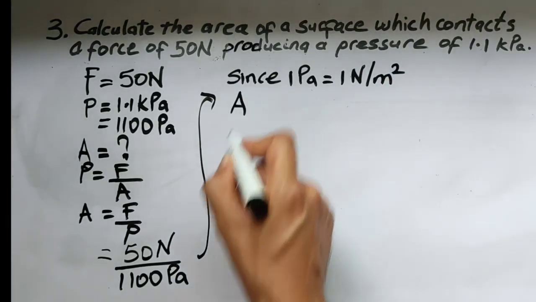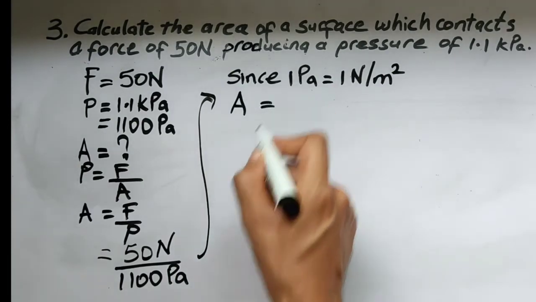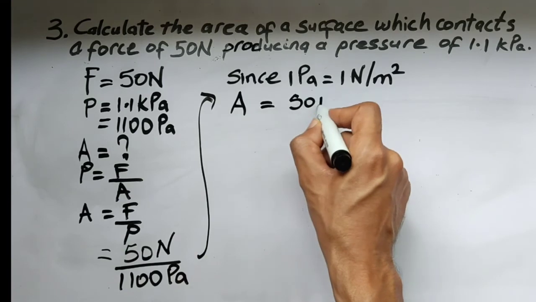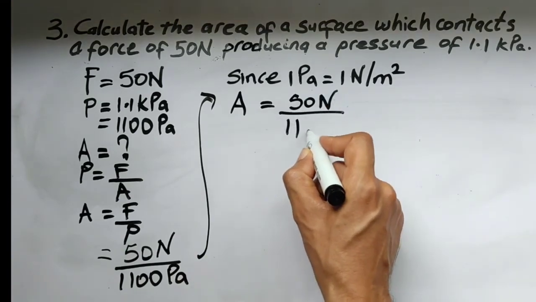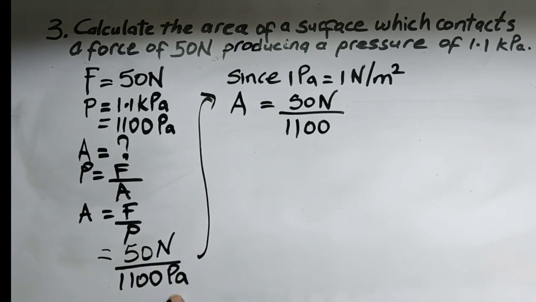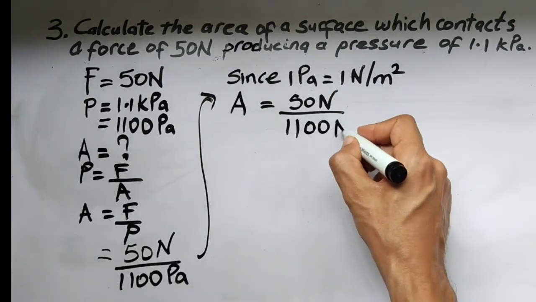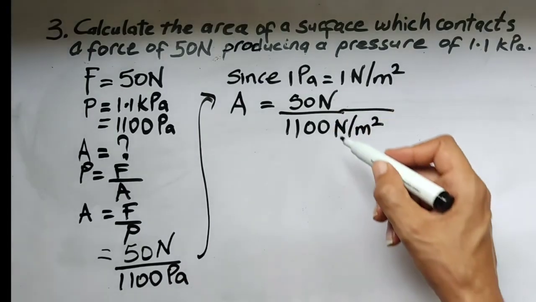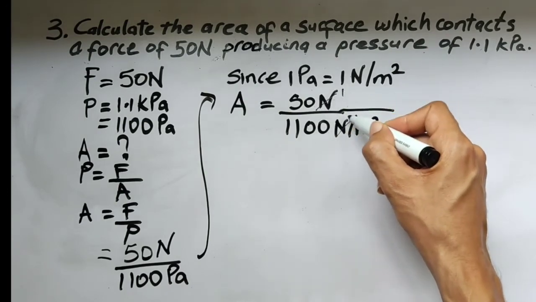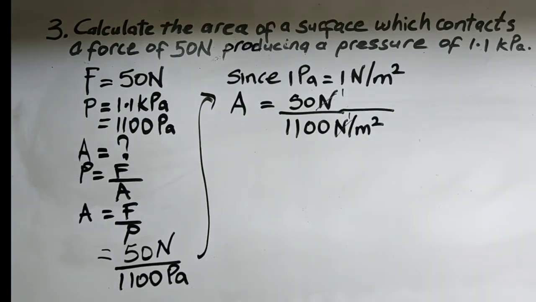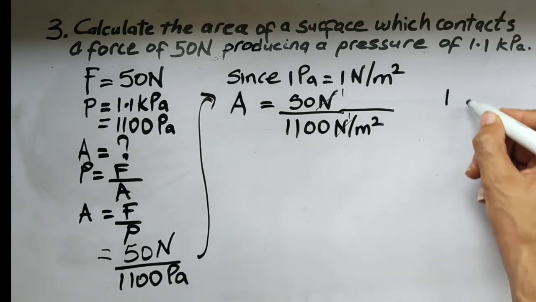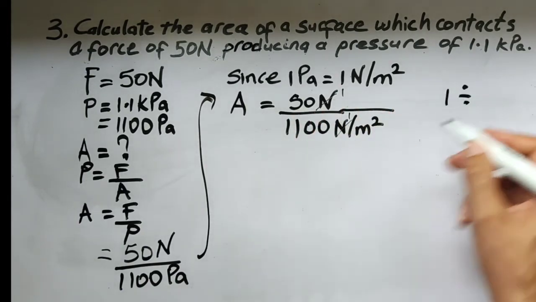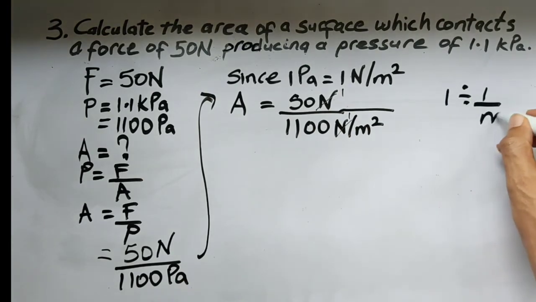my area is instead 50 newtons divided by 1100, instead of pascal then, the Newton per meter squared. So we'll cancel the units that can, and we'll have 1 divided by 1 on meter squared. Yeah, so this should get us the meter squared,